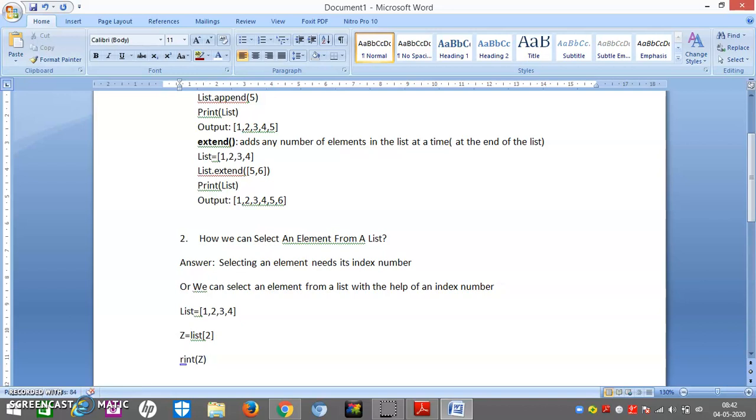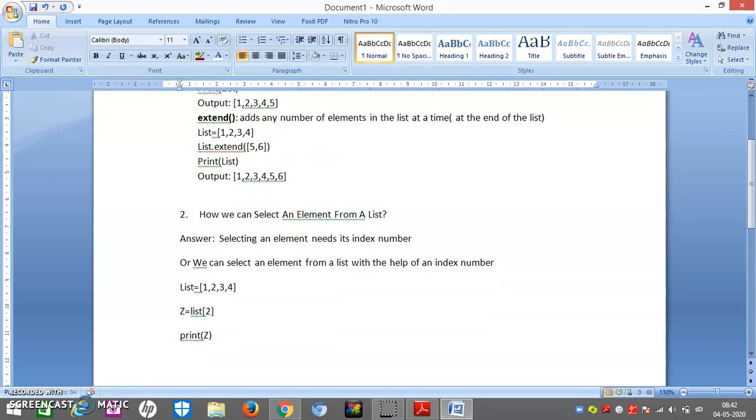Then I will print z. What will be my answer? It is index 2: 0, 1, 2. The answer will be 3. Now friends, if I write it as 2 to 4, the end is neglected. It means the range is from 2 to 4, so 4 will not be there and 2 and 3 will be there. So when we calculate the output, it should be 3, 4. So I think this is very much clear to you.